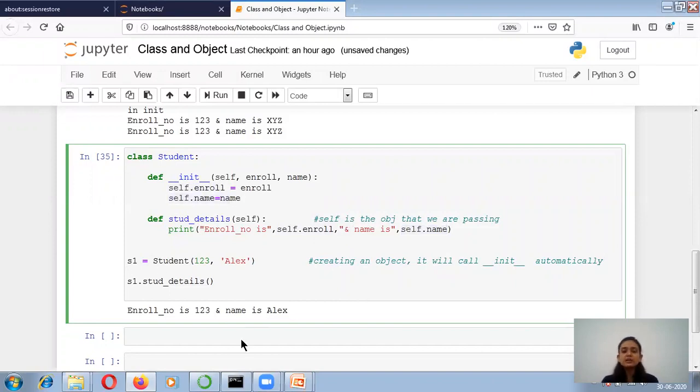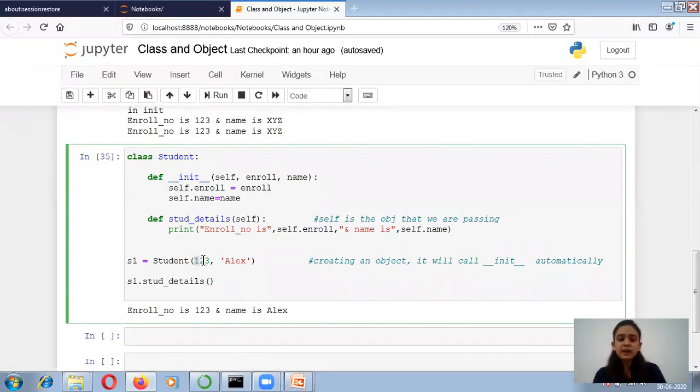Now I'm writing S1 equals Student(123, Alex). So I am creating the object of the class Student, and previously I was creating the object without arguments; now I pass them like this.